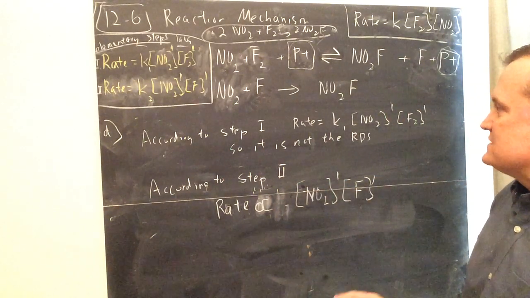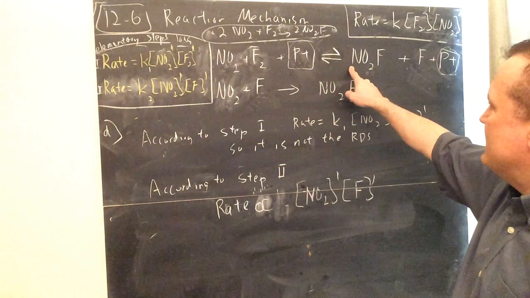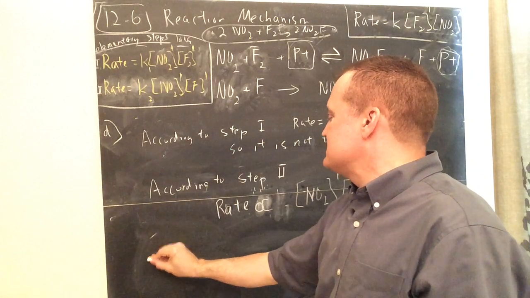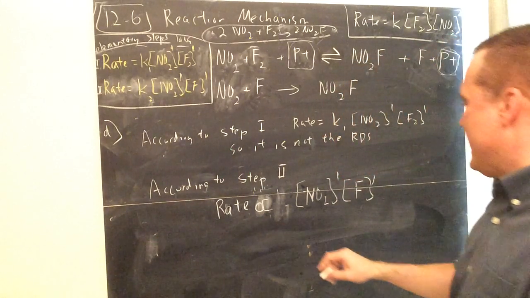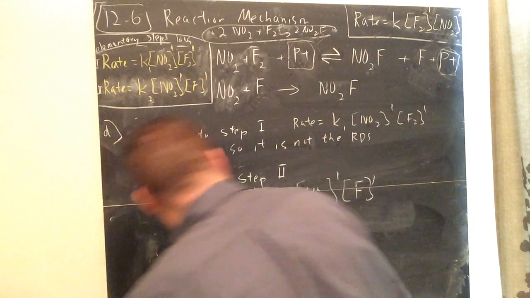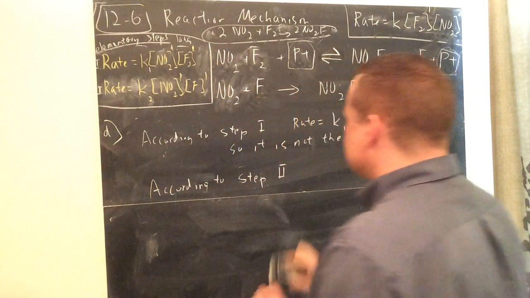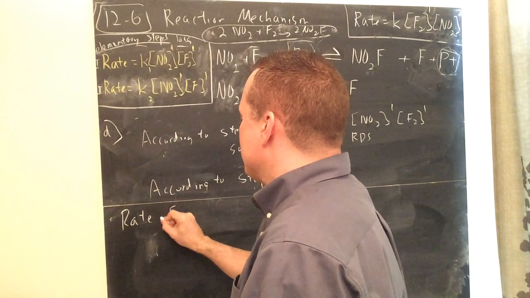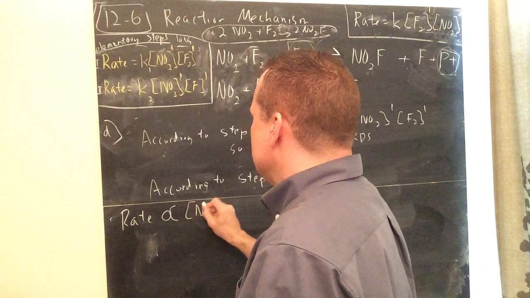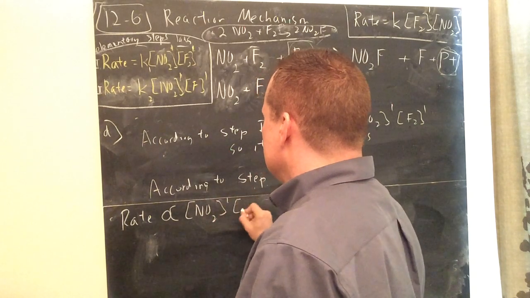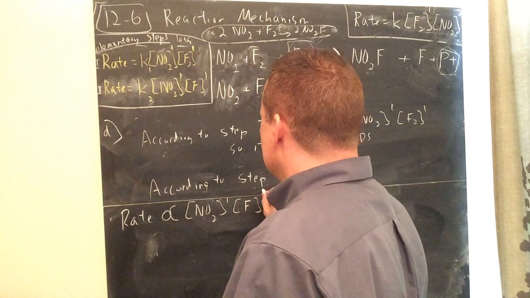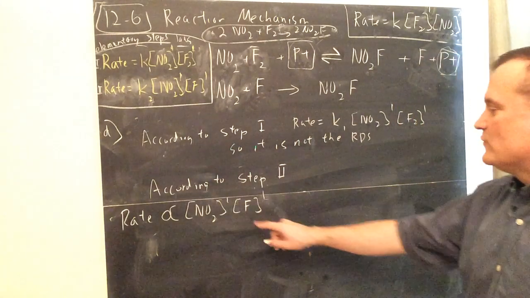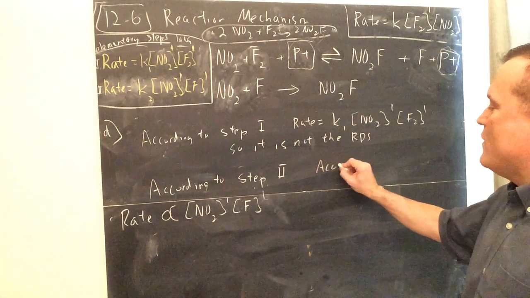But now, look at this. Based on step number 1, let's see how we got F. According to step number 1, okay, according to step 2, that. You know what? I should move this over. According to step 2, rate will be proportional to NO2 to the first and a first order collision of the atomic fluorine. But according to step 1,